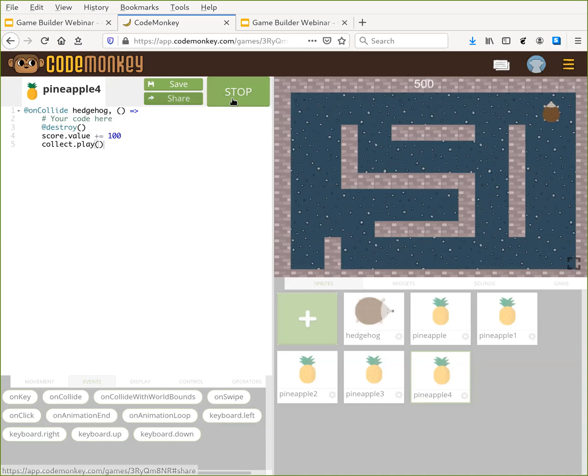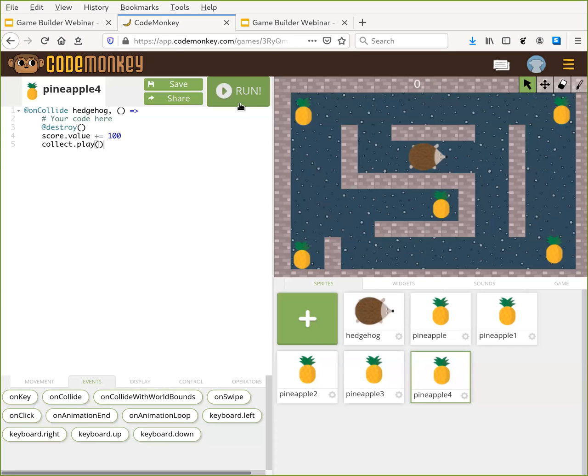So that's kind of where we're going to stop for today. Now, you could do a lot more with this. You could add enemies to it. You could add other things to collect that were worth different amounts of points or gave different power-ups. One version of this game that I created one time had a tunnel that went from one side to the other. All of those are things that you can do to make this into a more exciting game.